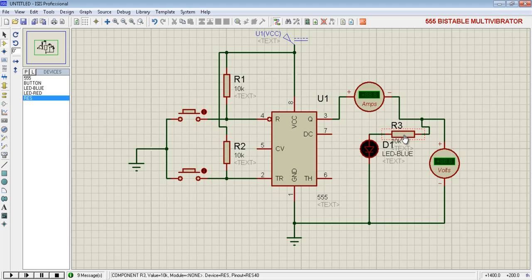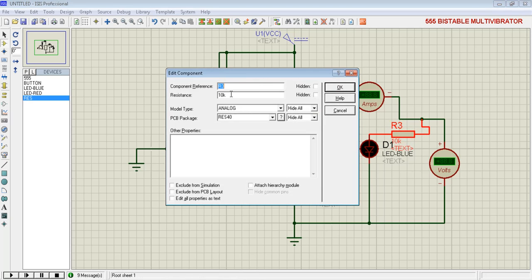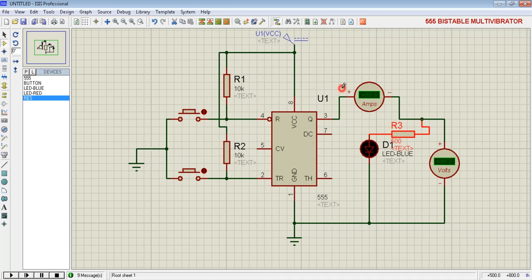Now this is in series. The value I am taking is 500 ohm for now. Now you can easily see the voltage across LED with resistor is 4.8 volt, which is our supply, and the current flowing in this path is 0.02 ampere.